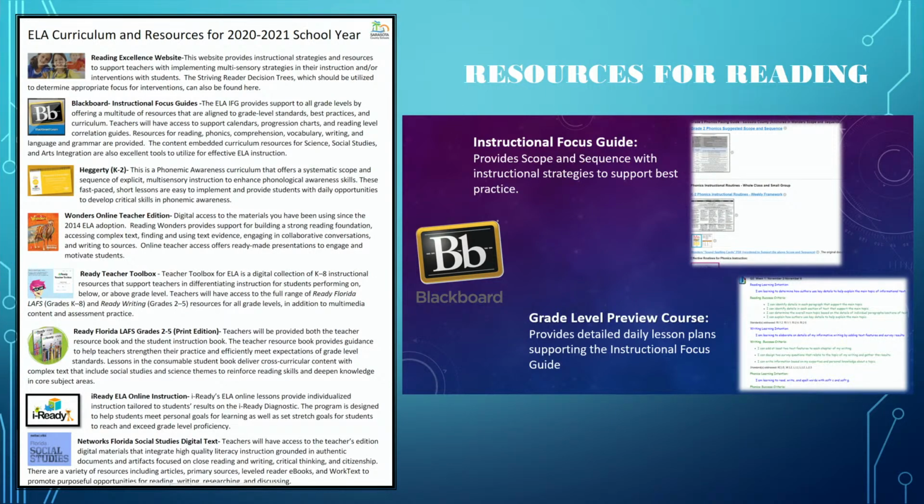In addition, the image on the right shows the instructional focus guide, a picture of that, and our Blackboard preview courses. This year, our ELA team has spent a significant amount of time enhancing our instructional focus guides, or IFGs, and in developing lessons for teachers, these standards-aligned lessons that have learning intentions, success criteria, resources, activities, and common assessments linked in and embedded in. So teachers are able to copy these lessons right into their own classroom Blackboard course to implement with students and to share with parents via Blackboard.